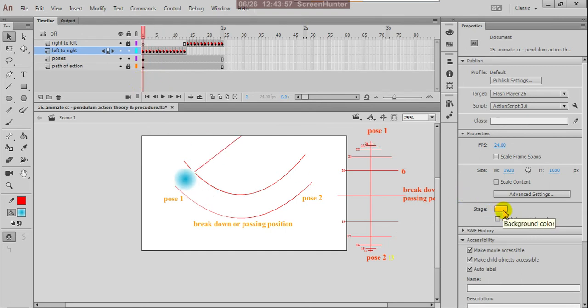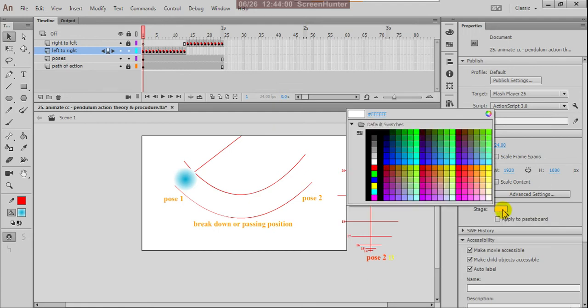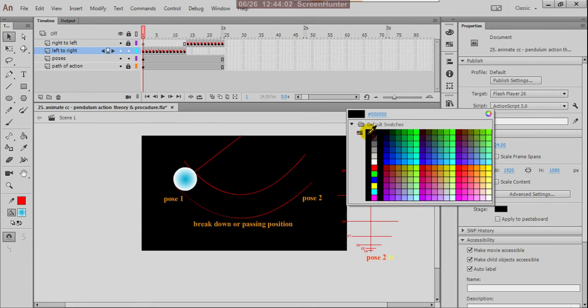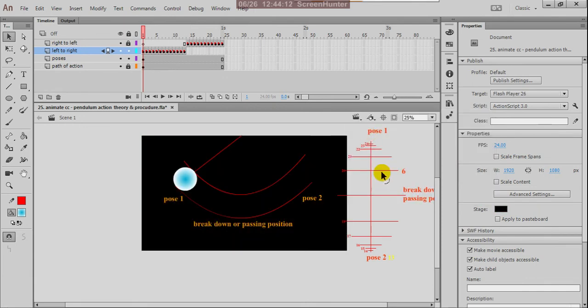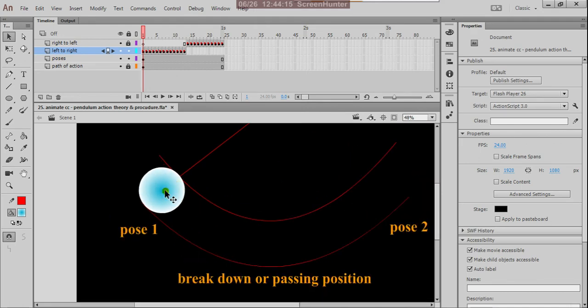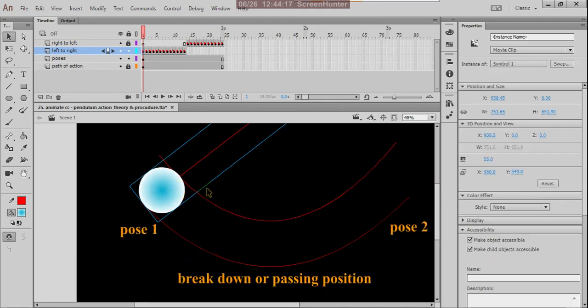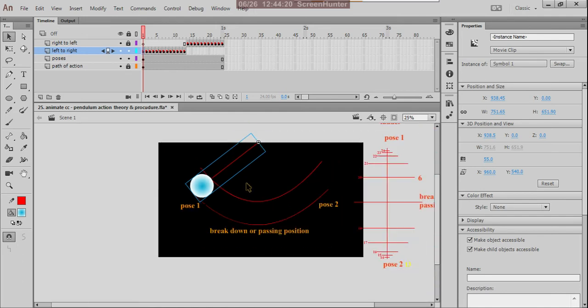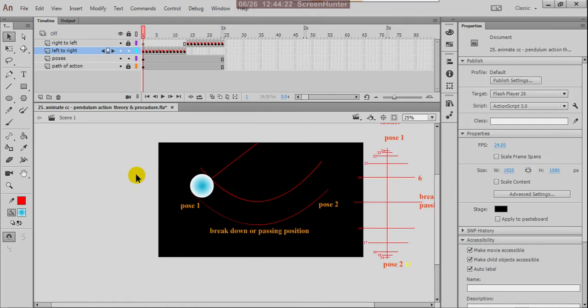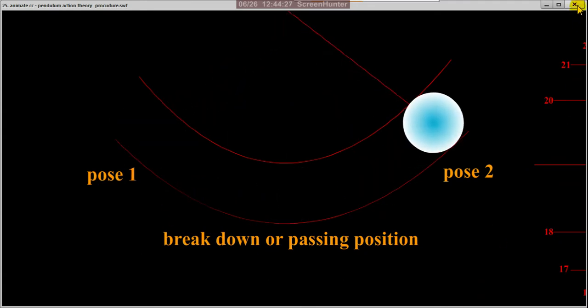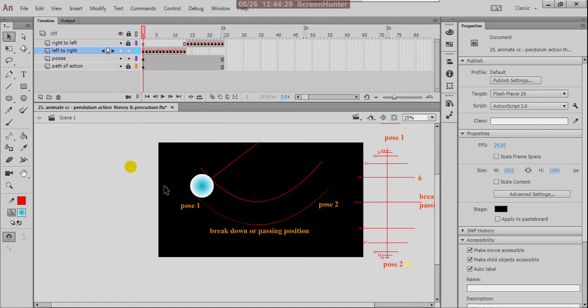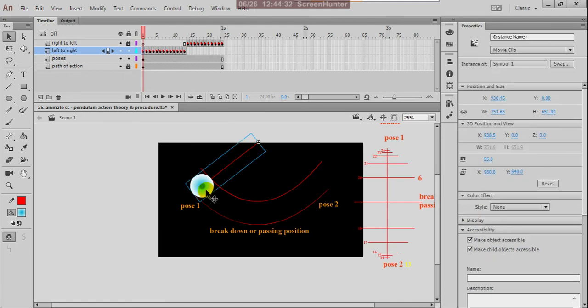So you can change the stage color also, because on white it's not looking good. Suppose I am giving black. Now we can check with Control Enter. Yes, so it is better to change this color again.